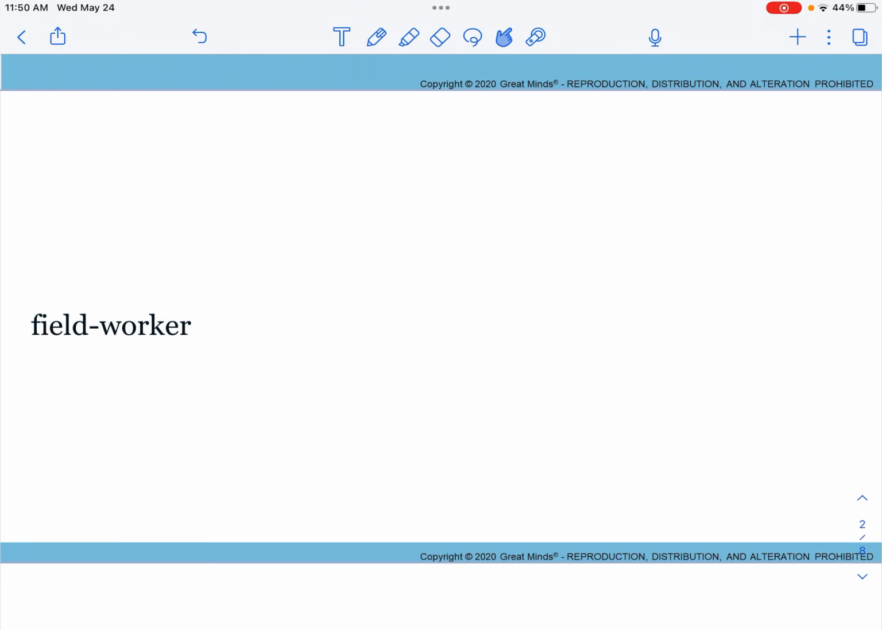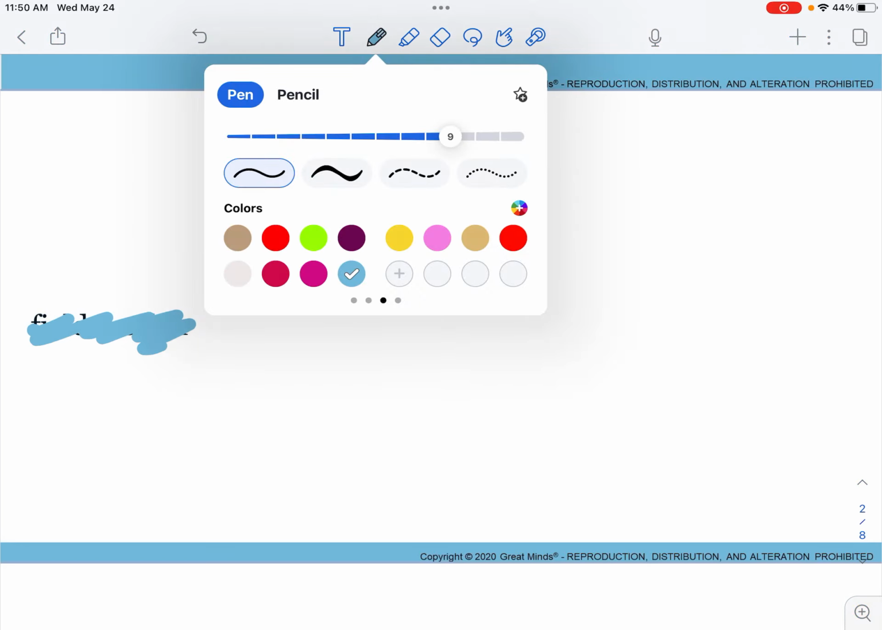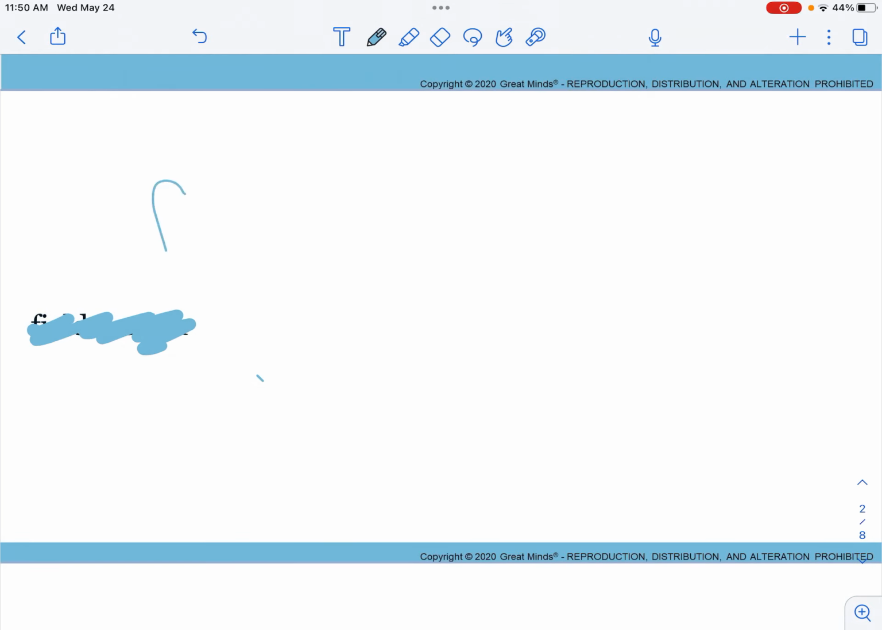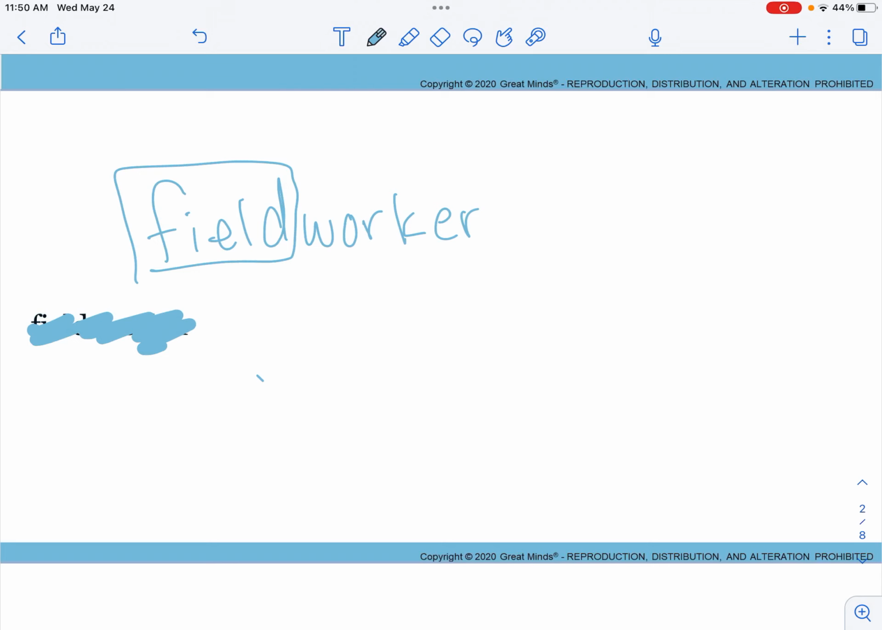Let's take a look at the word field worker. I'm going to rewrite this word without a hyphen. We have field worker. What do you notice about this word? Yeah, there are two words, field and worker. We call this a compound word. We have done deep dives about compound words before, and this one will be very similar to the other ones